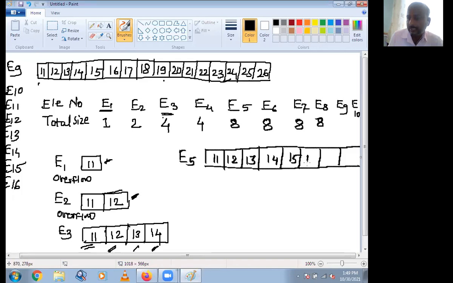That is, you can directly insert the 6th, 7th, and 8th elements because there is availability of space in this table. Are you getting? Same for the ninth: here table size will become 16. For the 10th element, table size will become 16. And then, are you getting this?